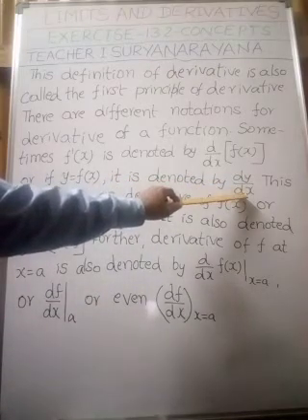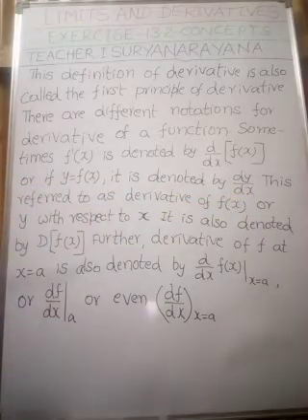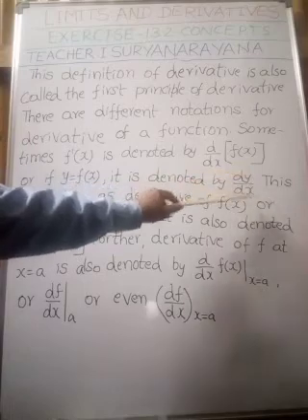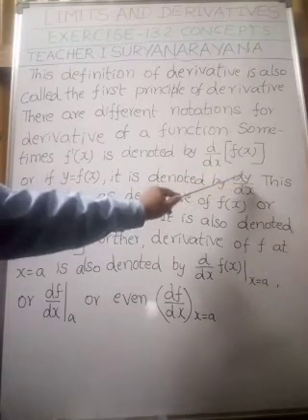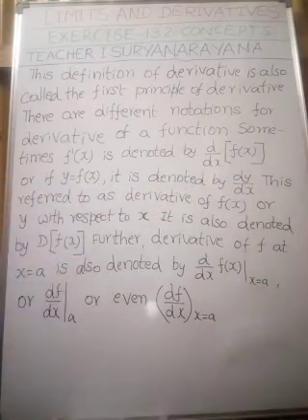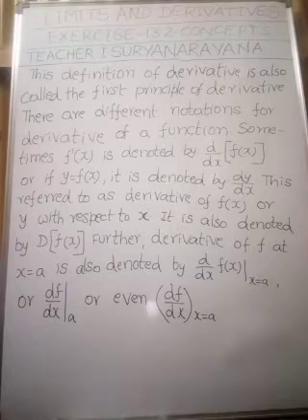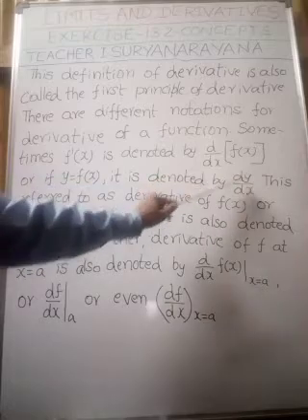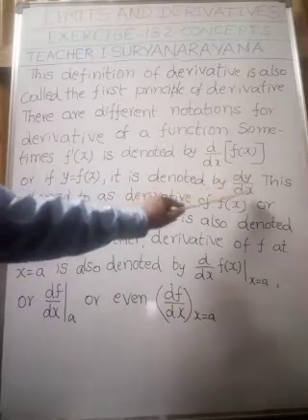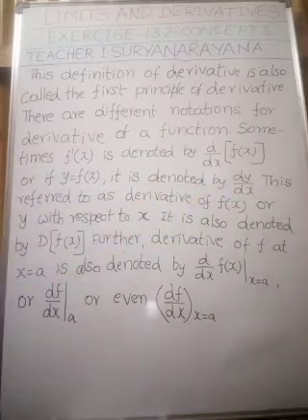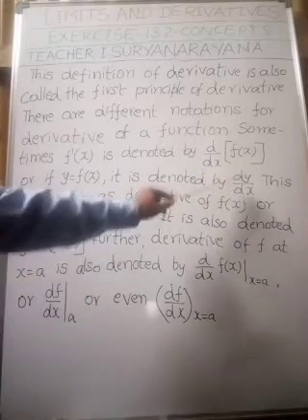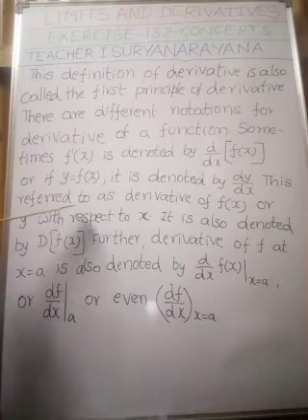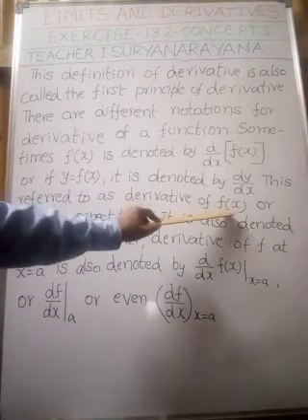Dy by dx, my children, is a notation. Don't treat this as an algebraic expression where the d gets cancelled like this. Don't do that. In algebra we can cancel d, cancel y by x only. But here dy by dx is a notation, a complete notation. This is referred to as derivative of f of x or